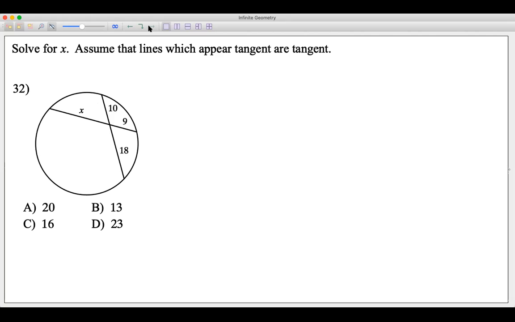Danny, which flavor is it? First, second, or third? Which one does it look like? Looks like the first one. The first one says take the 2 pieces of the segment, multiply them together, and that equals the 2 pieces of the segment multiplied together. So give me 2 pieces of the segment. 10 and 9 are not on the same segment. Look at them. The segment means that. 10 and 18. Okay, so I need to multiply 10 times 18, and that equals the other segment. What are the other 2 pieces of the other segment? Well, that would be 9 times X, which is 9X. You can do this one in your head. Therefore, the answer is